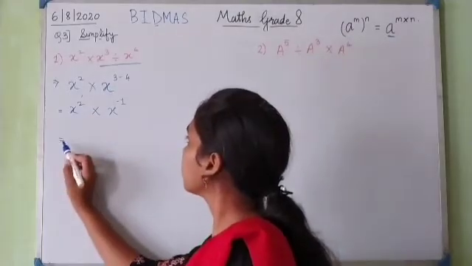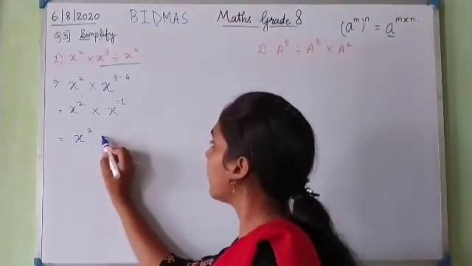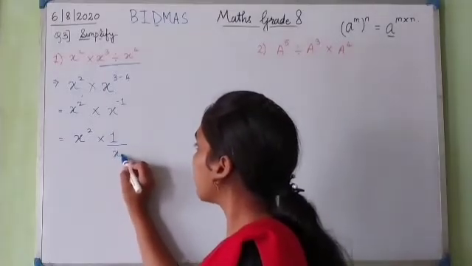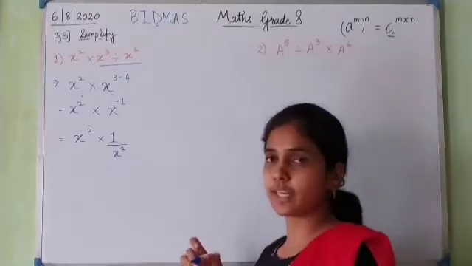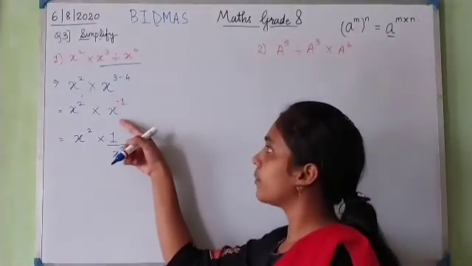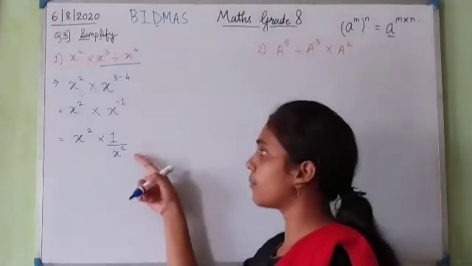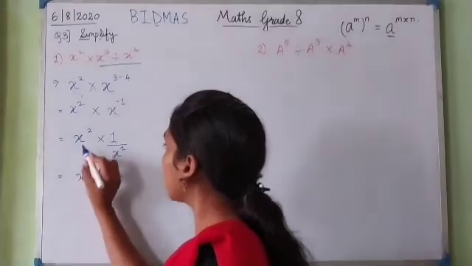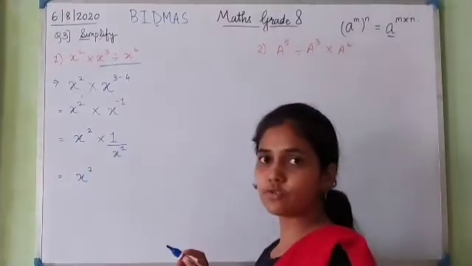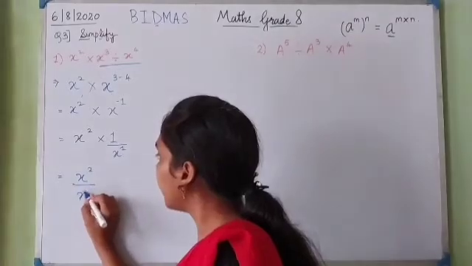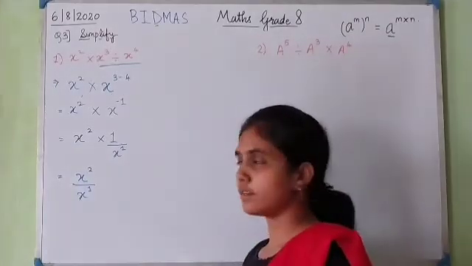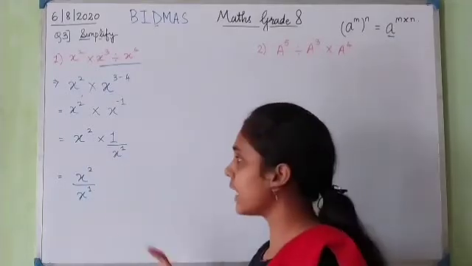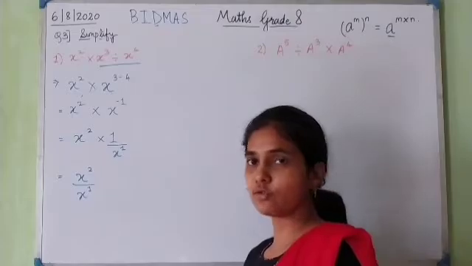So now how do we write x raised to minus 1? We write x raised to minus 1 as 1 upon x raised to 1. Right? According to the third law of indices, a base which contains a negative power, we write it as 1 upon x raised to the same power. So this will be now x raised to 2 multiplied by 1 upon x raised to 1, means what? X raised to 2 divided by x raised to 1. Right? If I multiply this, the numerators will get multiplied and the denominator will remain the same. So it will be x raised to 2 by x raised to 1.